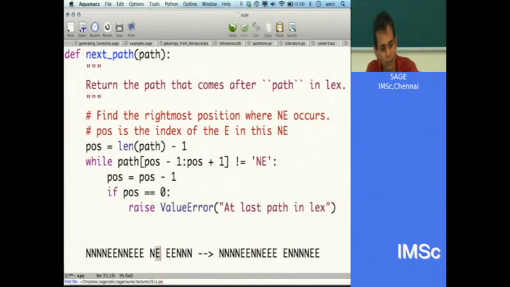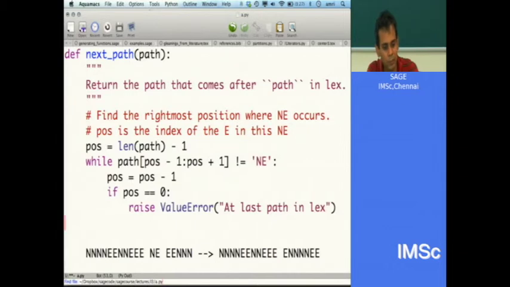So pos is here. What happens if pos could be 1, right? Pos could be 0, I guess. If here you started with pos equal to 1, then you'd be looking at the slice from 0 to 2, which is the 0th place and the 1st place. And then pos would become 0, and then it would exit the while loop.